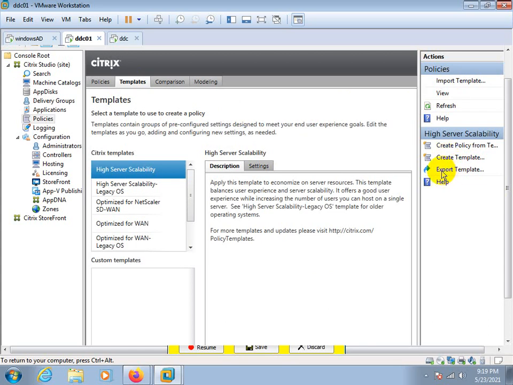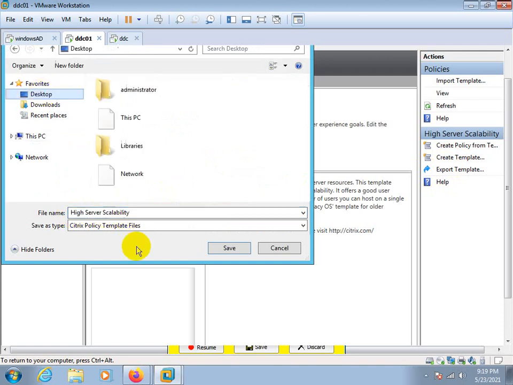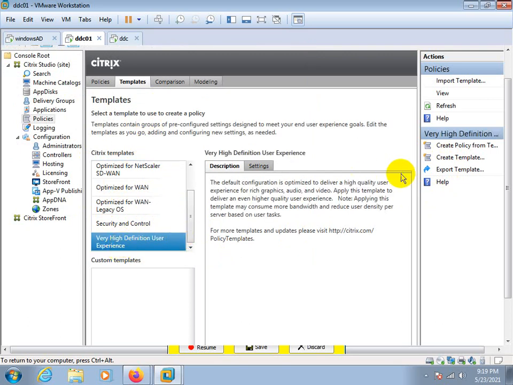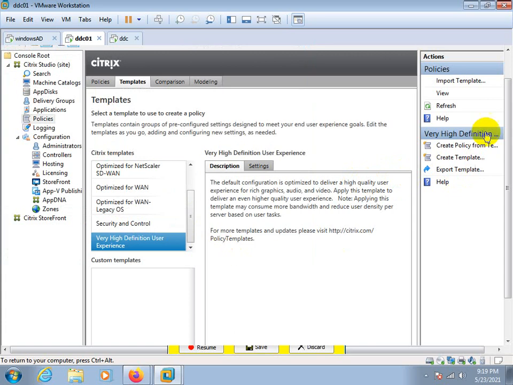Just I want to export a template. High server scalability, also WAN, this one, high definition user experience. Export this policy to the desktop.